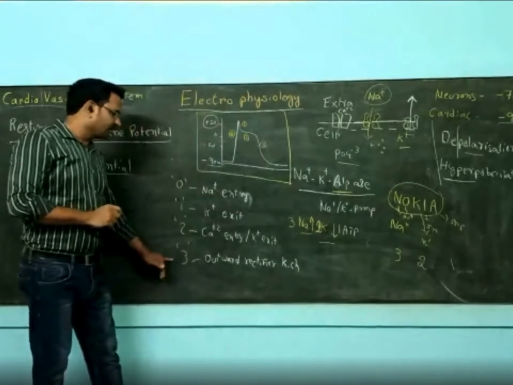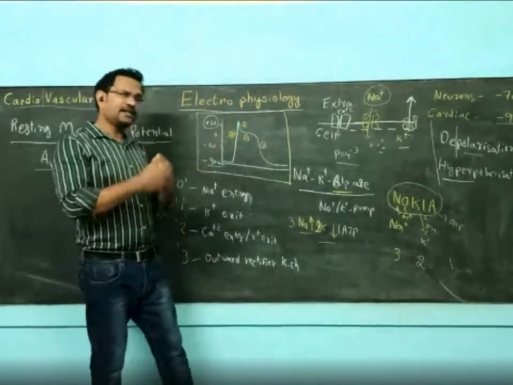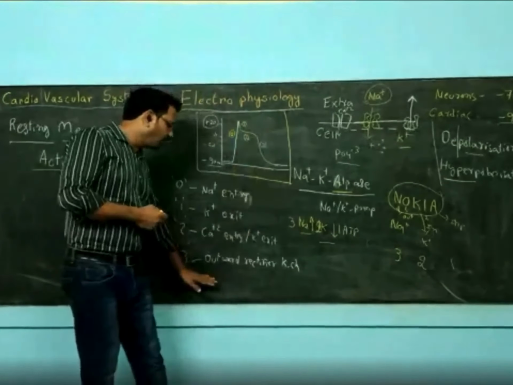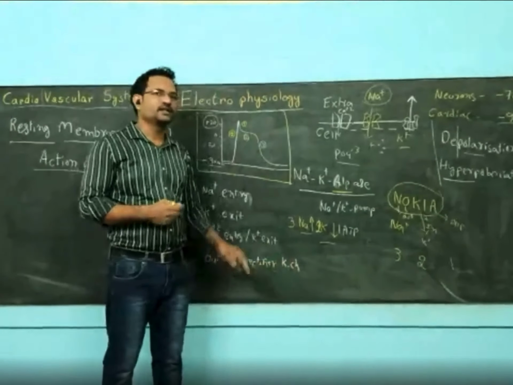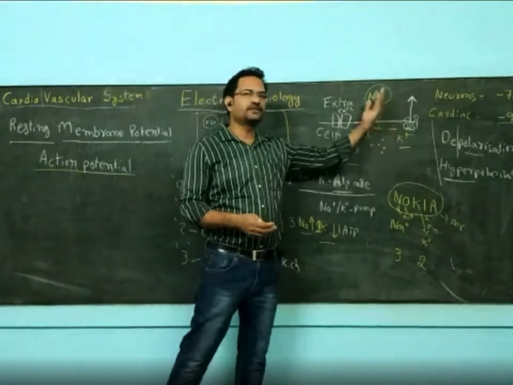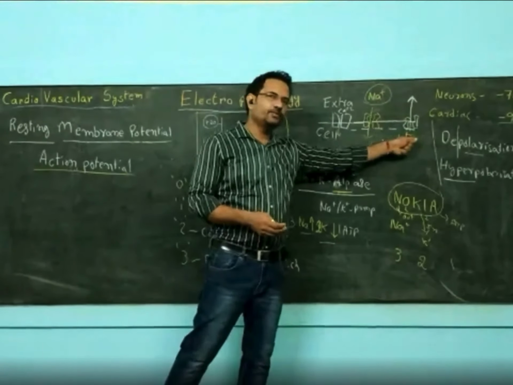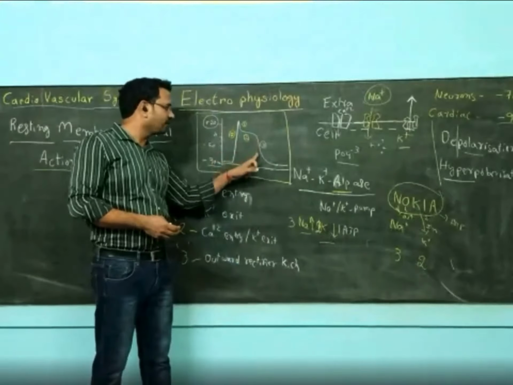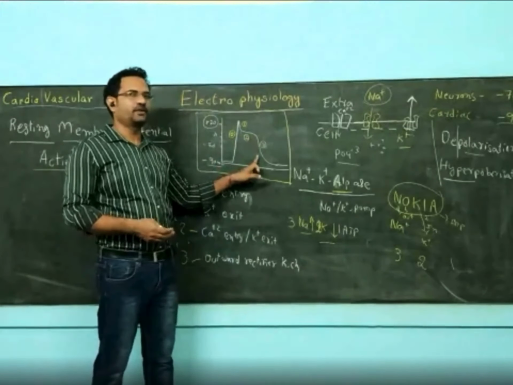After that, in the third phase, there is another type of potassium channel, known as outward rectifier potassium channels. When voltage is changed, the channel opens, and potassium moves out of the cell. So the normal leak channel is open, and the rectifiers also open. Because of that, a lot of positive charge goes out, and again the potential comes down.